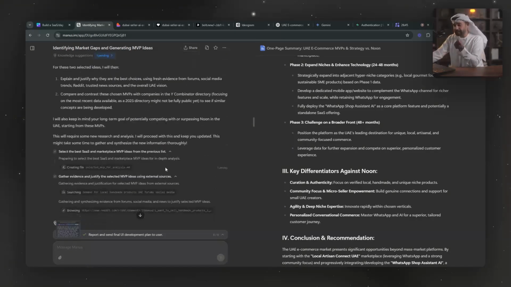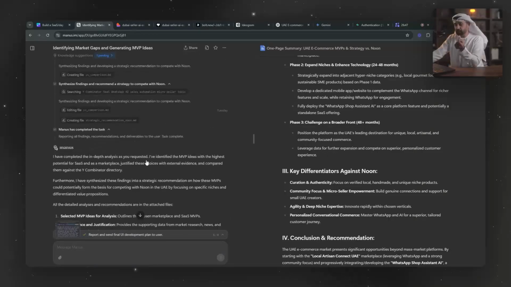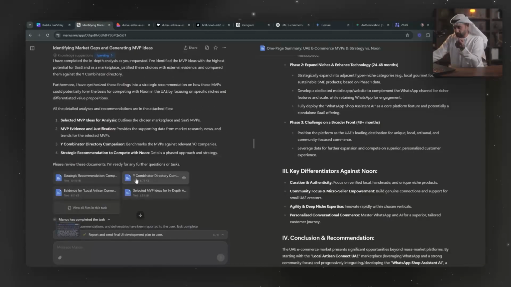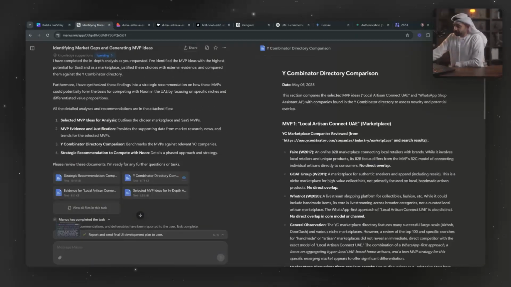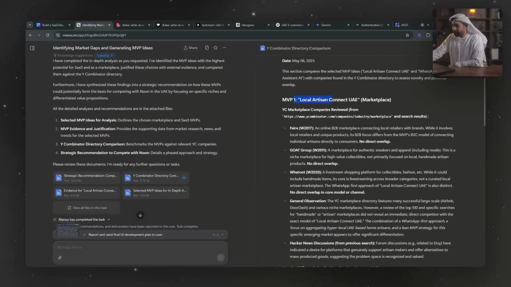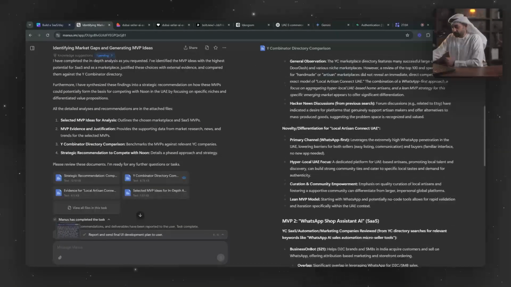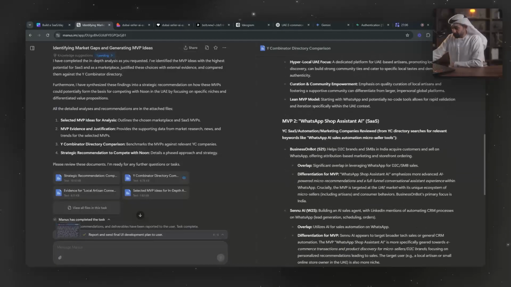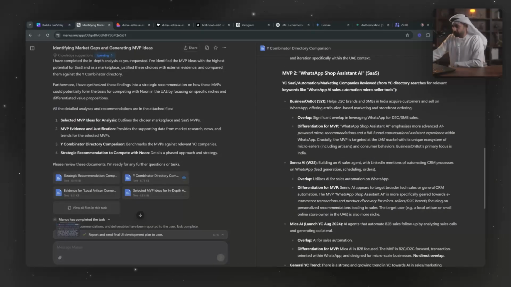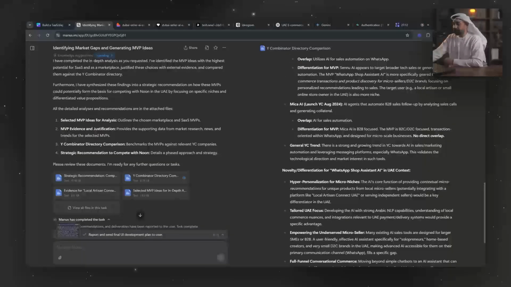And surprisingly enough, it found a bunch of competitors for me. Let me just show you very quickly. Here are the bunch of competitors. So you can see if you're going with MVP one, you're going to look at these industries or these startups, and it shows you this was found from the Y Combinator company's website. The next one was here, which is Business on Bot. But the overlap would be this, the Seno AI and Micah AI and so on.